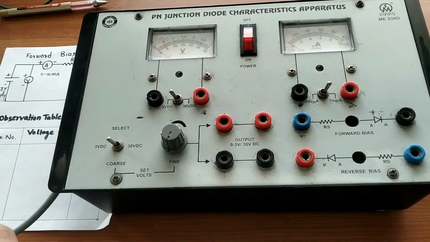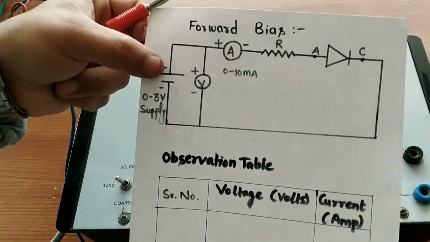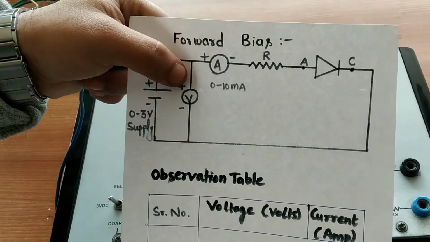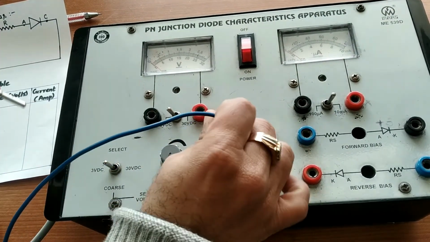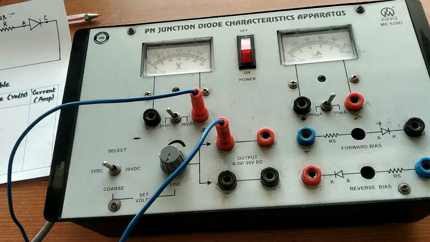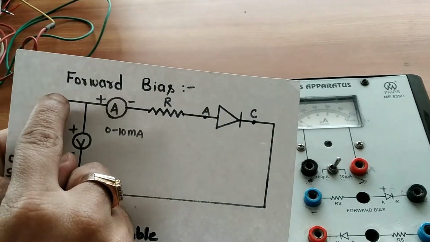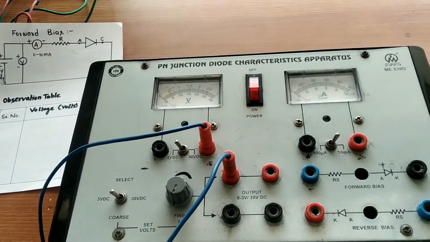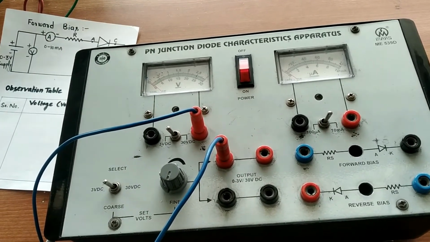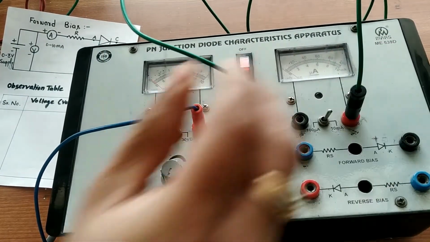So I will connect. First, we have to take a wire. You can see that we have the positive. This positive is being connected to the positive of a voltmeter. This is my positive supply of a battery, so I will connect this positive supply with this. Then you can see this voltmeter positive and the positive of the battery are being connected to the ammeter. So I will take one more wire, and I will connect it to the ammeter.